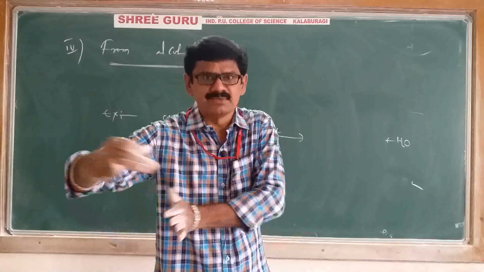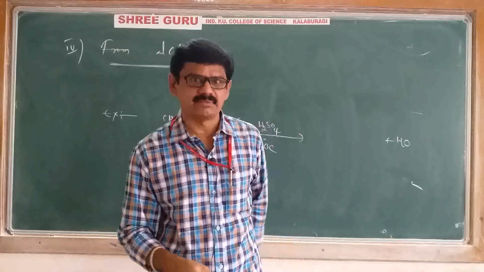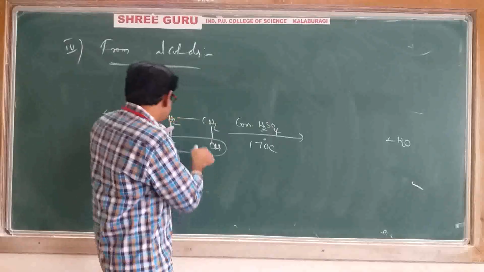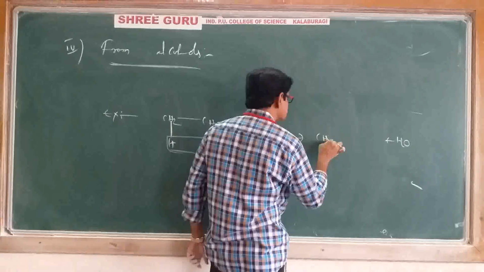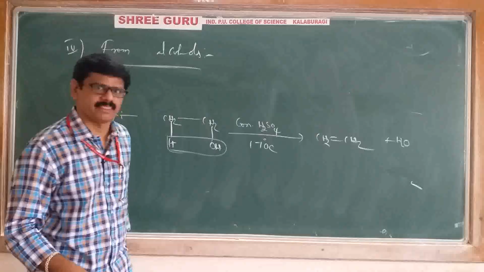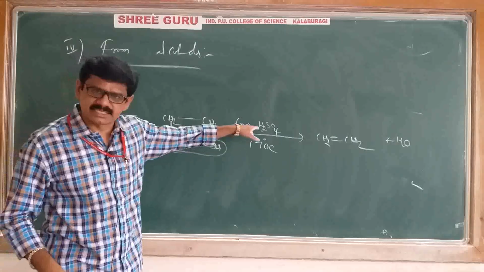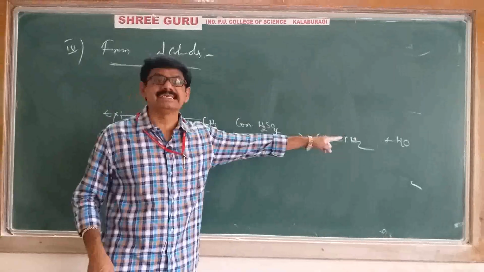Dehydration means water elimination. Nothing but water elimination is taking place. Therefore, here both the bonds are breaking. You will get a carbon-carbon double bond. CH2=CH2, ethene, is obtained. That's it. When ethanol is heated in the presence of concentrated sulfuric acid at 170 degrees centigrade, you will get a corresponding alkene, that is ethene.